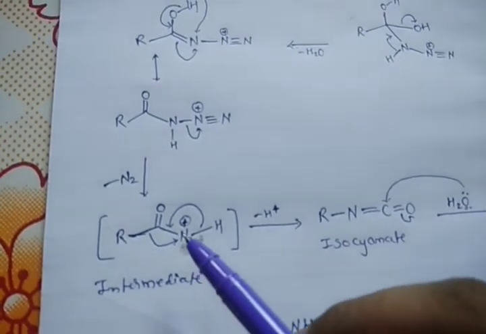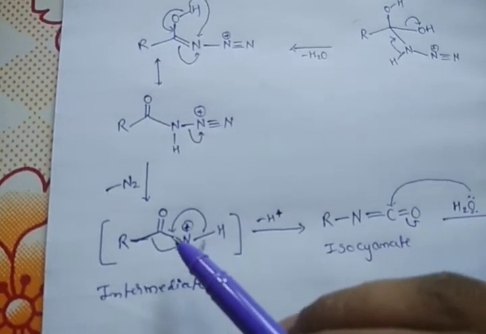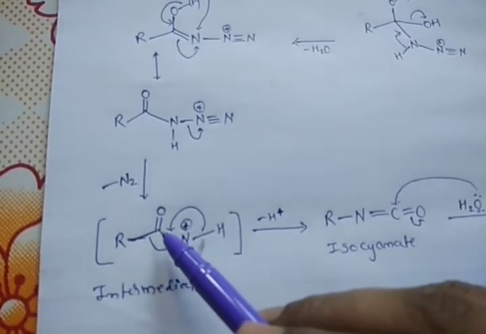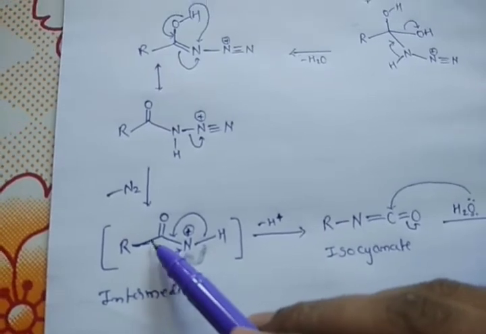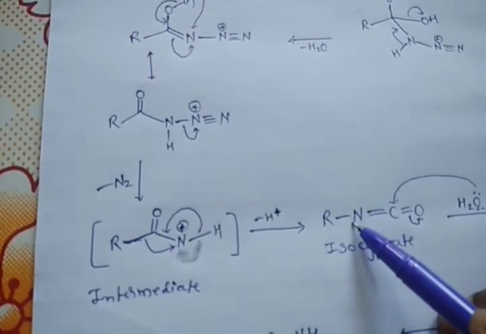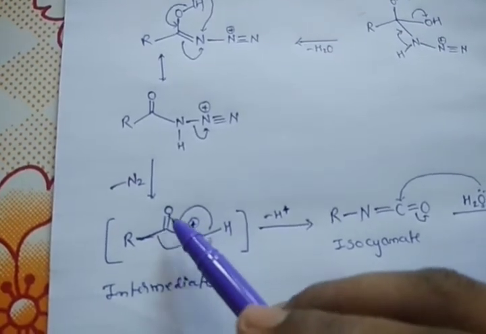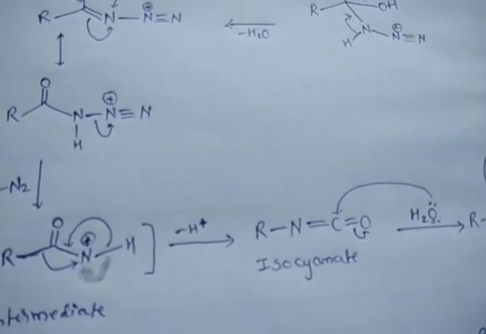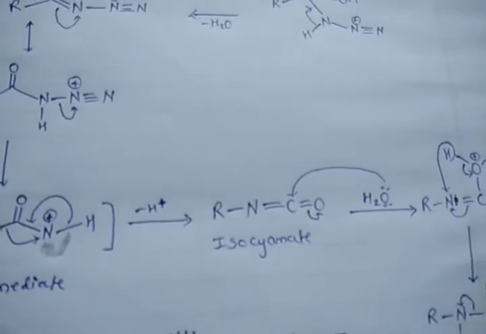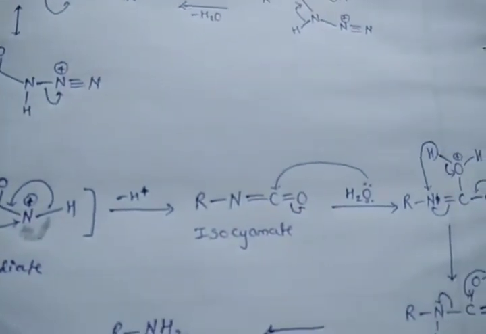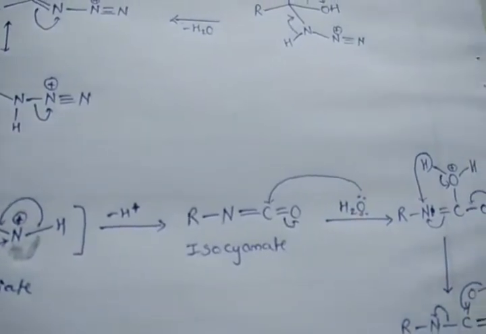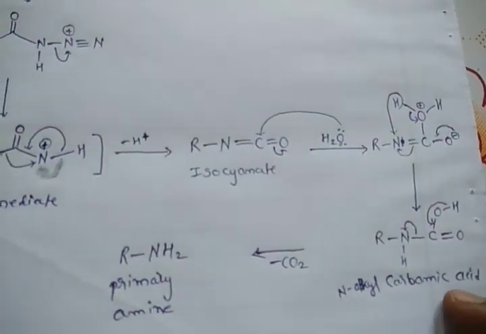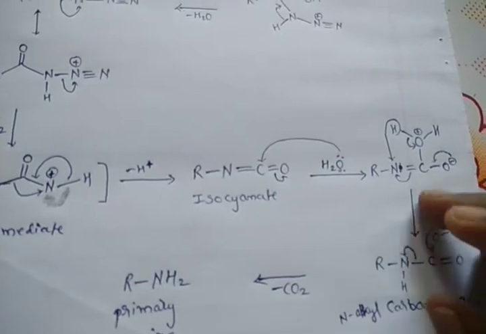If you see, this nitrogen and carbon have the double bond, N C double bond. At the same time the breakage takes place between carbon and the alkyl group, and this alkyl group migrates to nitrogen, and we will have the carbonyl group, C double bond O. So this is an isocyanate. As you saw in earlier rearrangements also, if isocyanate is treated with a water molecule, that is in the solvent, we will have such type of carbamic acid, that is N-alkyl carbamic acid.